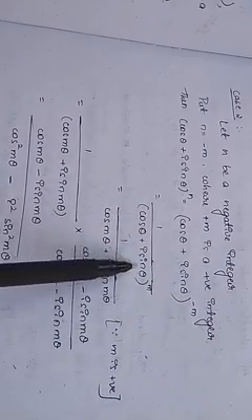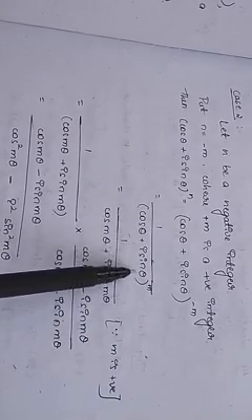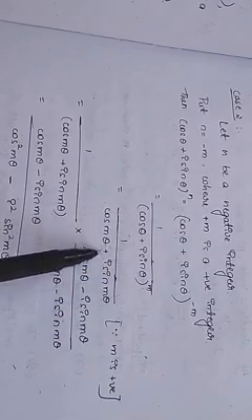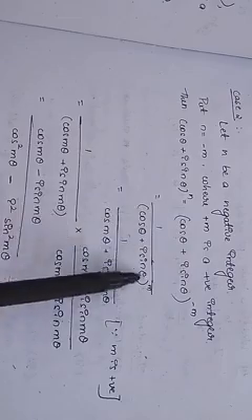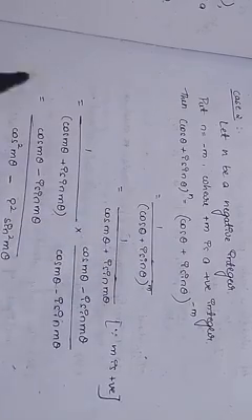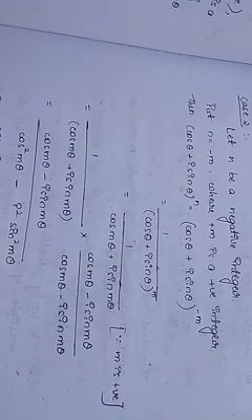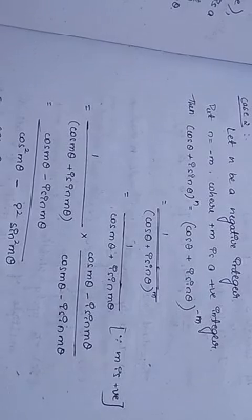That's equal to, since the power is minus 1, take this term to the denominator: 1 by (cos theta plus i sin theta) to the power m, that's equal to 1 by (cos m theta plus i sin m theta). Apply case 1. From case 1 we get (cos theta plus i sin theta) to the power n is equal to cos n theta plus i sin n theta. So applying case 1, we get 1 by (cos m theta plus i sin m theta), since m is positive.